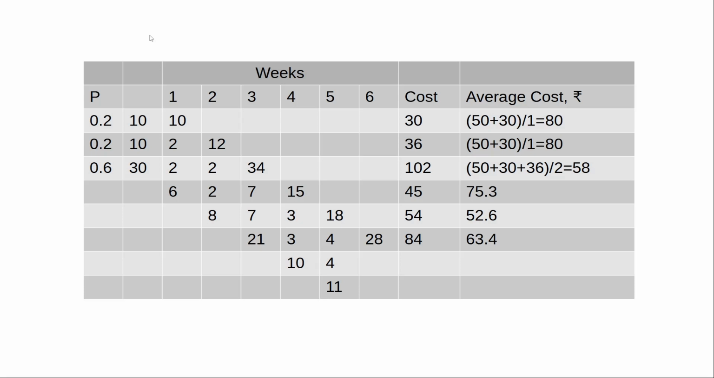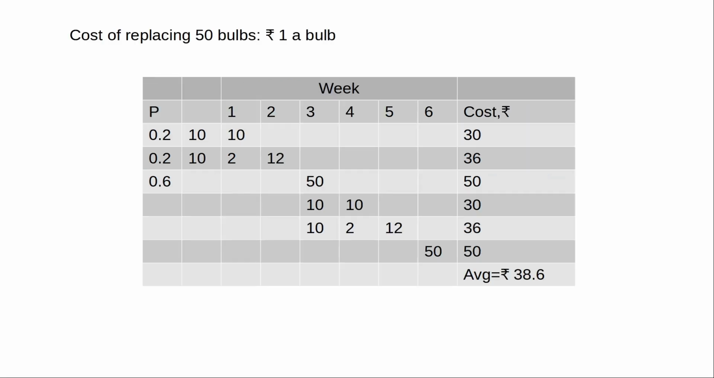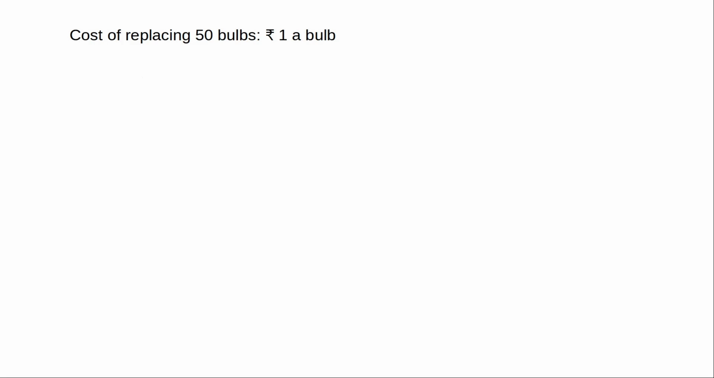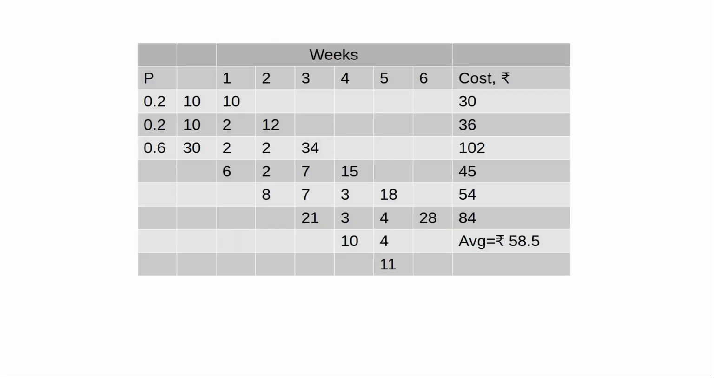Now it's fairly evident that we did it by gut feeling when we replaced all the bulbs after 2 weeks. Now here we have a scientific basis to explain that yes, we should be replacing it after 2 weeks. If we replace it after 2 weeks, the average cost is going to be 38.6 vis-a-vis the average cost in the previous case, where it would be 58.5. That is a 34% saving,